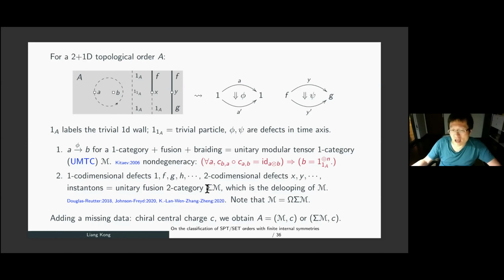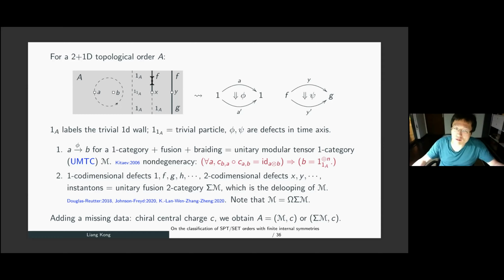It's called sigma M. It's a very deep thing here. I'm not going to explain that. It was totally clarified by Douglas Reuter and, I forgot to say, Gaiotto and Johnson-Freyd, in a very nice paper to explain that. Mathematically it's called a delooping of M. I'm not going to explain that, but intuitively you can see that they form a monoidal structure because